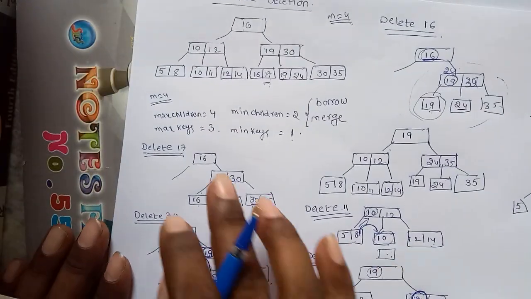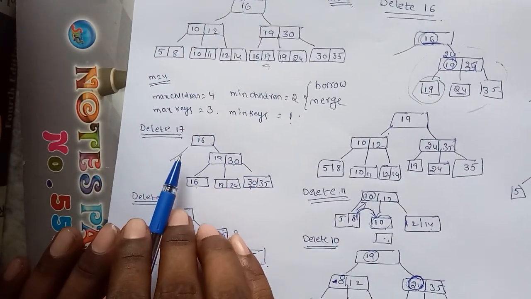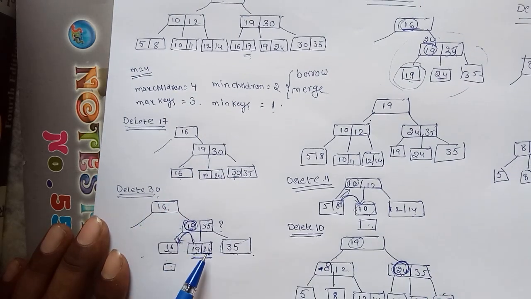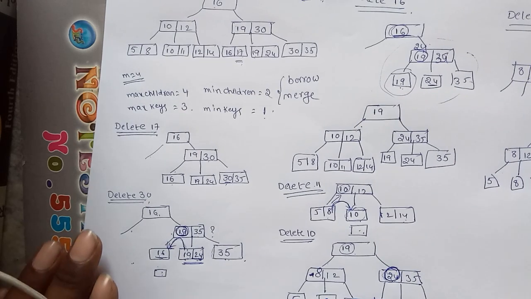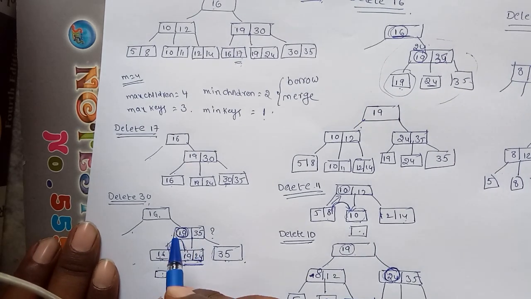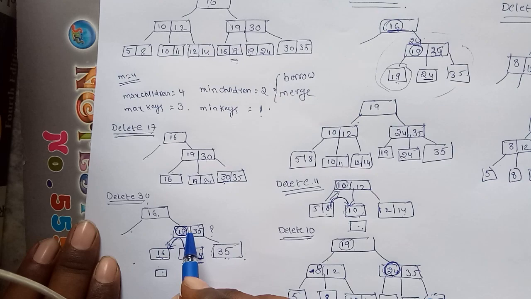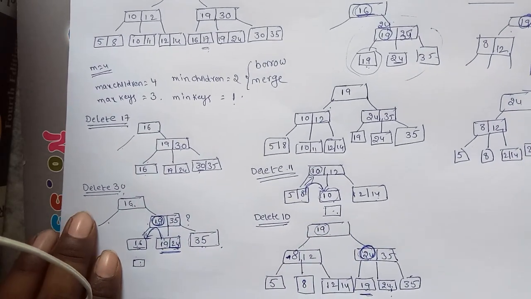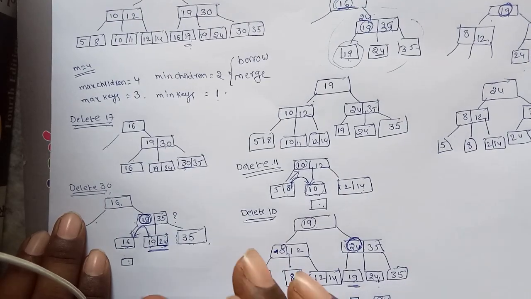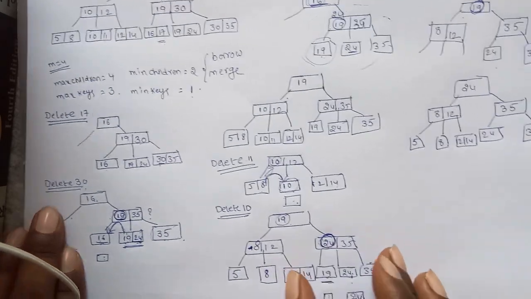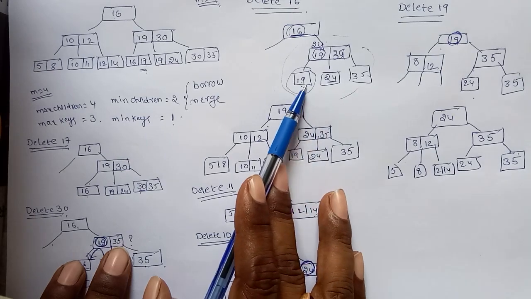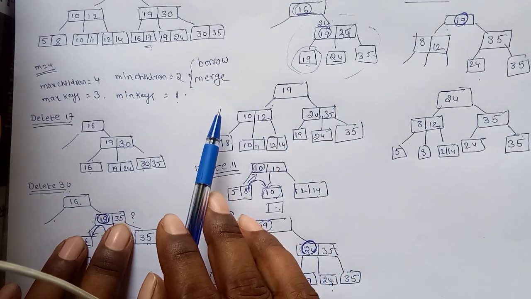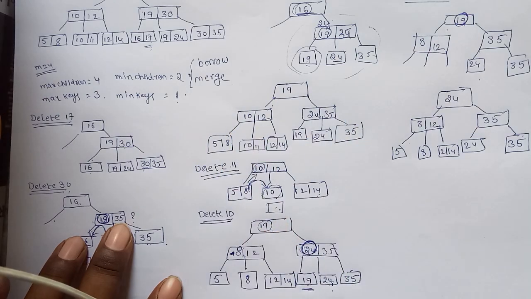Okay, so observe the cases again. The first one is the simple case, where we are simply deleting the node. The second one is, if the deleted node is present both in the index and the key value, we are removing both. Whenever we are removing a value from the index, it is replaced with the smallest value of the right children. Suppose after deletion the node is empty, that violates the property, so take a borrow from the left sibling or right sibling.